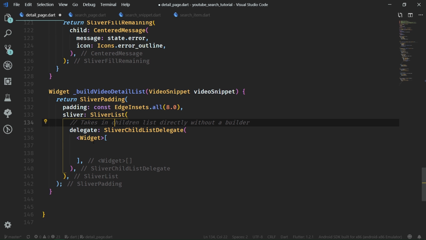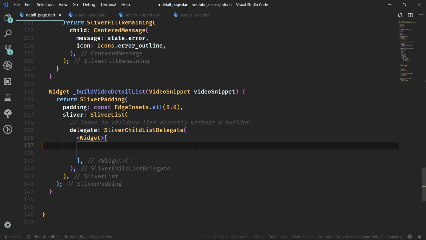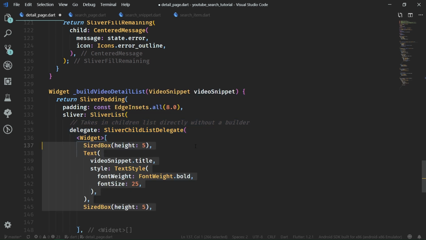And this actually takes in widgets. This does not take in slivers, because the sliver list, as you can see here, says that it creates a sliver that places box children in a linear array. And box children is just a difficult kind of language for simply not sliver objects. So the widgets which will be held by the sliver child list delegate are text, which displays the video snippet.title